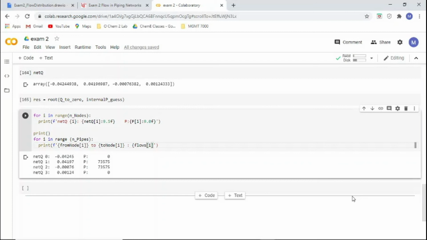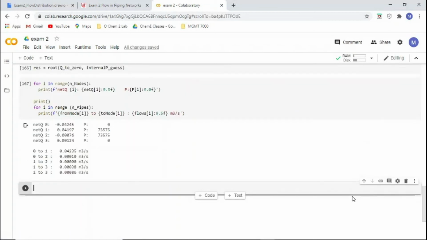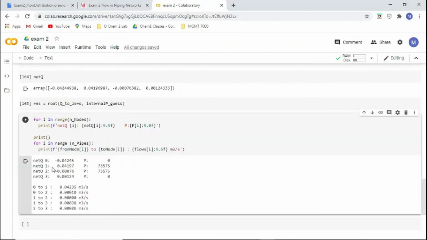So then colon, 9.5f meter cube per second. Shift enter. So looking at what we got, our net Q for our internal nodes have not been zeroed out,